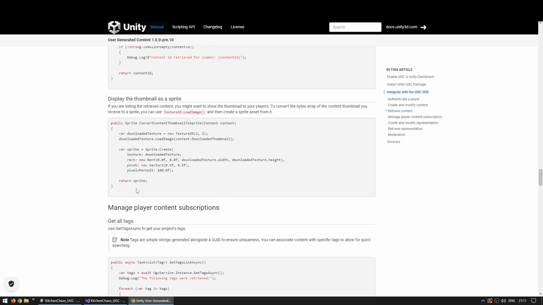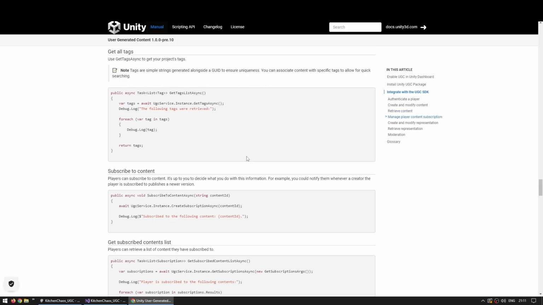And over here is also a really useful helper function. Here's a function which takes some content and simply converts it into an actual sprite. So what it does is really just creates a Texture2D, just an empty Texture2D, and uses the LoadImage function in order to convert the bytes into an actual texture, and then just call Sprite.Create in order to create a sprite based on that texture. So this is super useful. With this, you either have a texture or a sprite, which you can then use to easily display in the